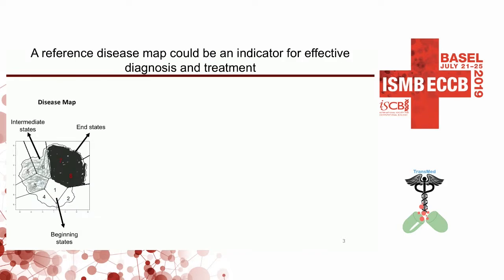So why do we need a reference map? A reference disease map could be an indicator for effective diagnosis and treatment. For example, with respect to EMT, which is a well-studied phenomenon in biology, involved in developmental processes, if we can identify the beginning states of the disease, the intermediate states of the disease, as well as the